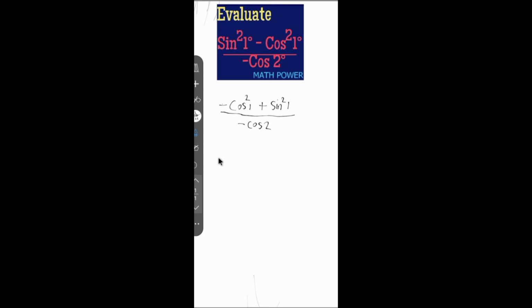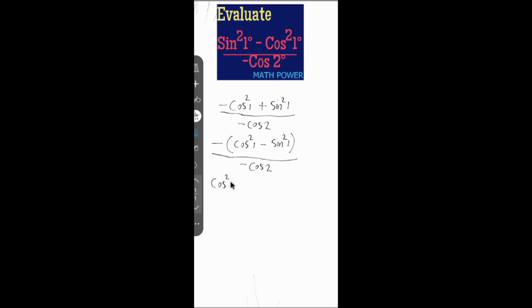Then I can factorize. I will say minus outside, then open a bracket. We have cos square 1 here, then minus sine square 1. Close the bracket, then minus cos 2. Now, there is a trigonometric identity that states that